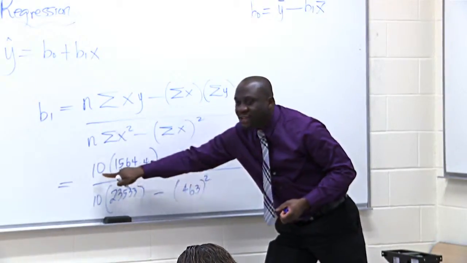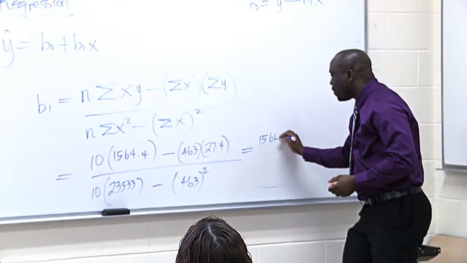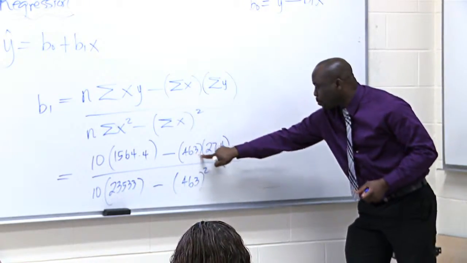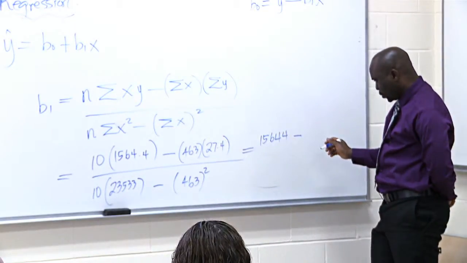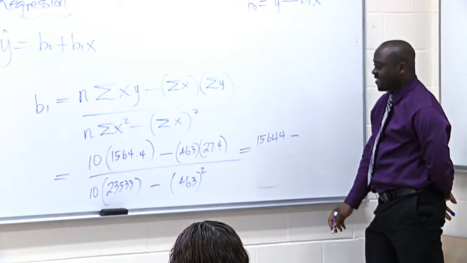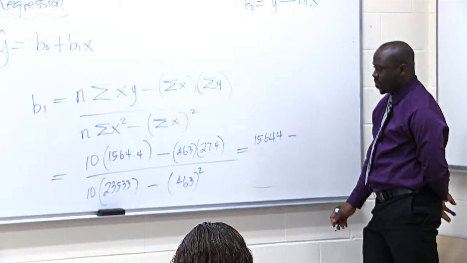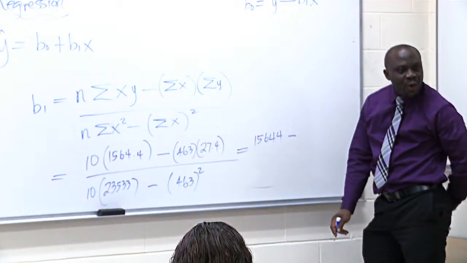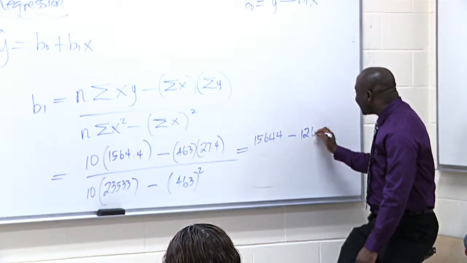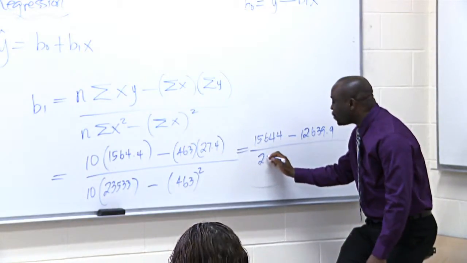When you multiply these two, the product of these two numbers will be 15,644 minus, what is the product of these two numbers? Come on. No calculators in the house? 12,639.9. Thank you. In the bottom, we have